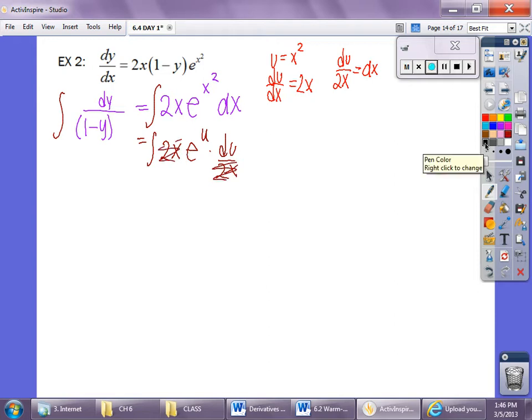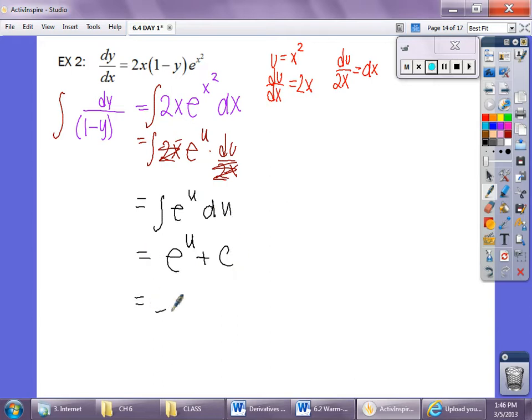Then we end up with the integral of e to the u du, and we were able to get that pretty easily. And then last step on the right side, I wanted to substitute back in my u, which was x squared. All right. That plus c is a big plus c. It's not part of the power. Now on the left side,